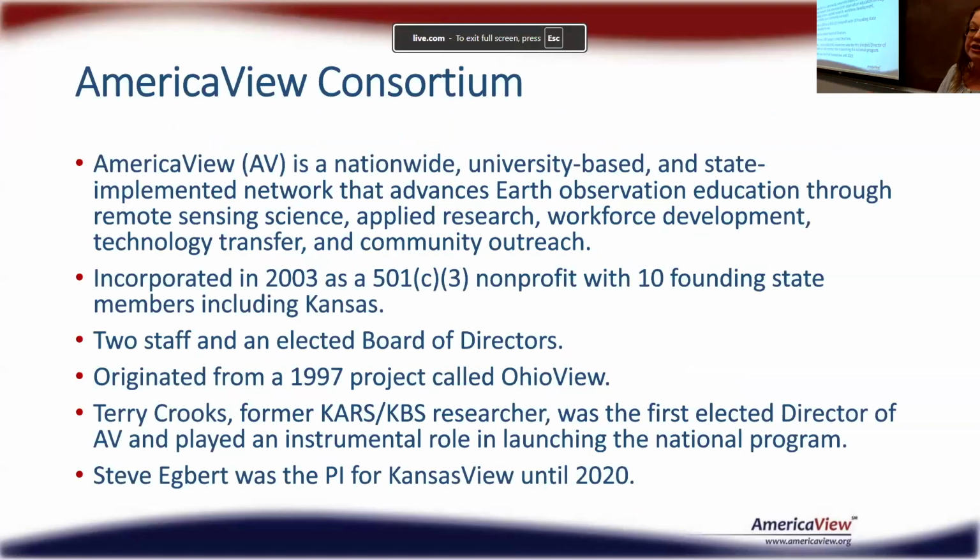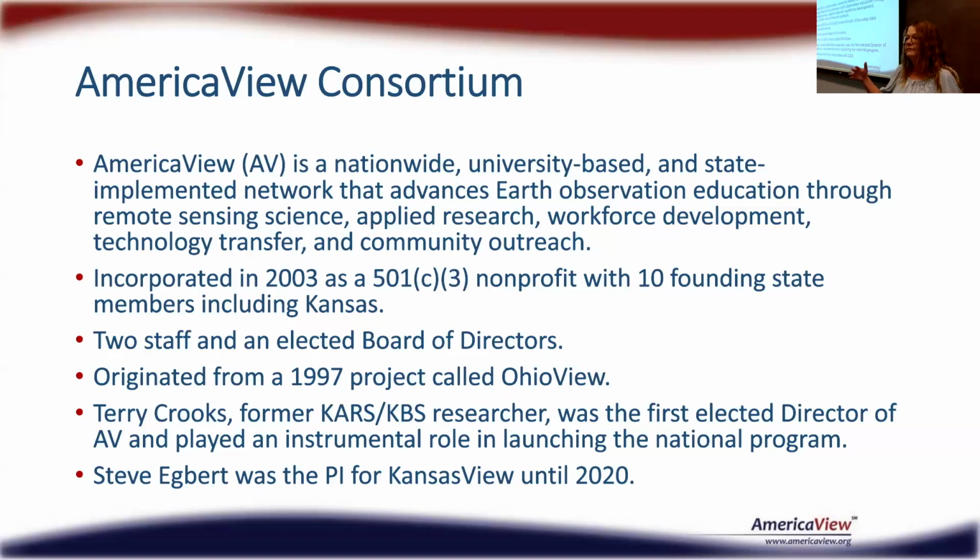So the AmericaView Consortium is a nationwide university and state implemented network that advances Earth observation for workforce development, applied research, technology transfer, and community outreach. And when I talk about education, we're talking about K through 12 and higher ed as well. In 2003, it was incorporated into a nonprofit with 10 founding states, and that includes Kansas. And it consists of 2 staff members right now and an elected board of directors who are other KansasView PIs